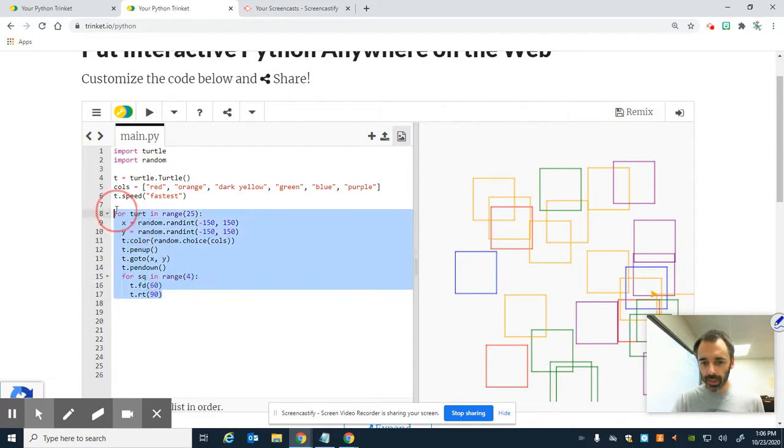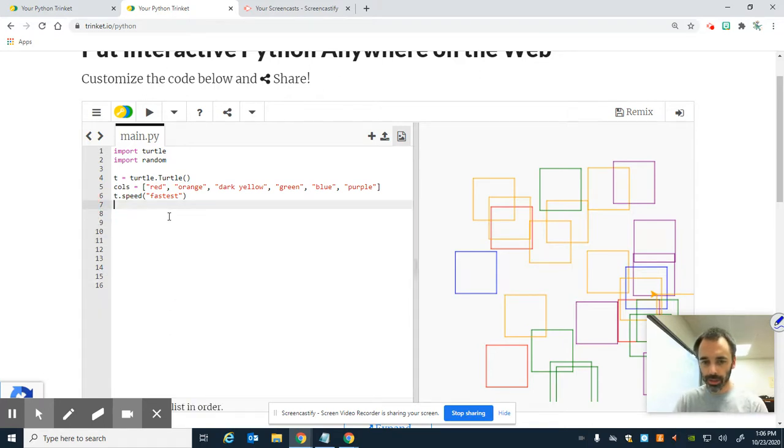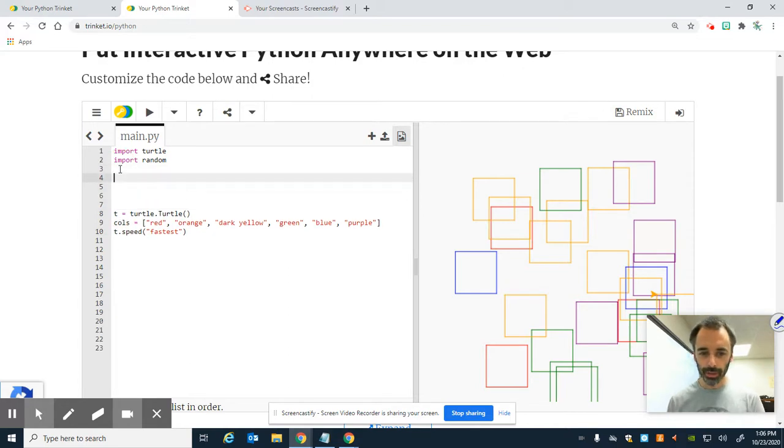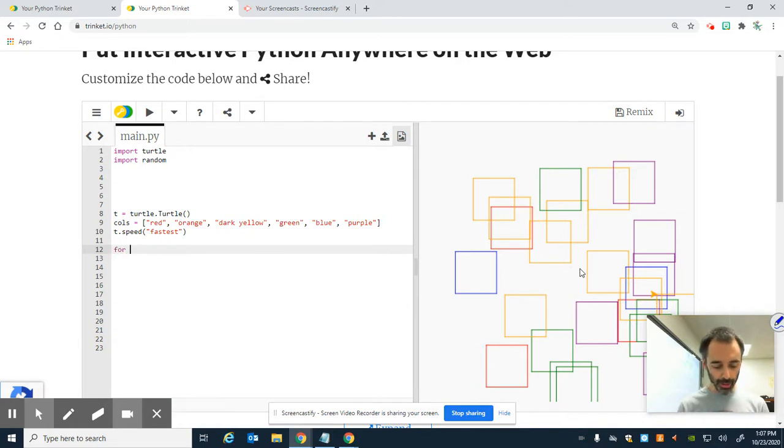I'm going to completely delete this. Sorry if people get upset because I'm deleting good code. I'm going to do what's called a top-down approach. If I came to you in the first place and said, hey, how do you draw all this over here? You'd say, oh, you pick a random position, and then you pick a random color, and then you draw a square, and you repeat. You'd say, okay, well, how many times do you want me to repeat? And they would say something like,